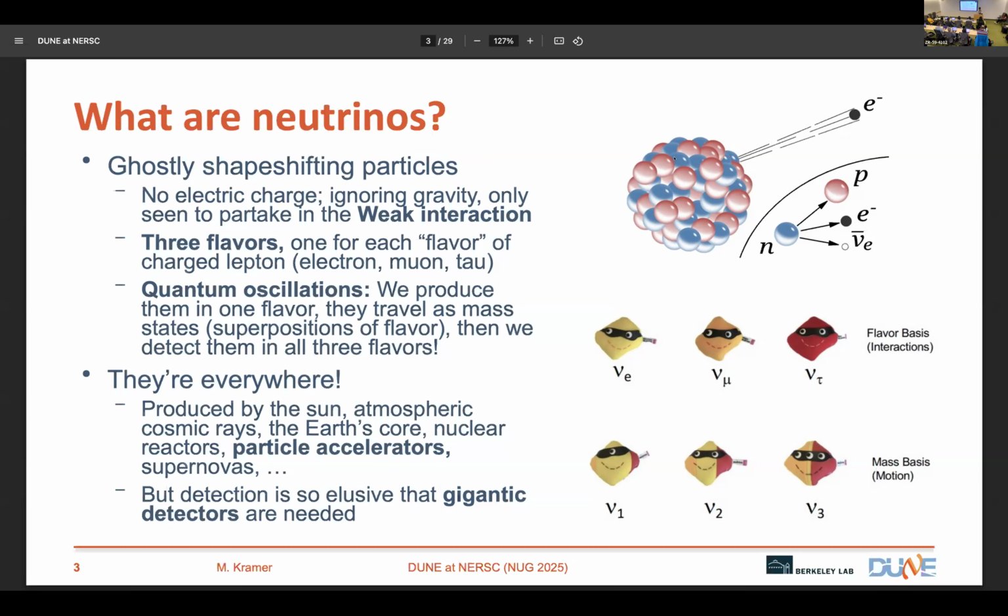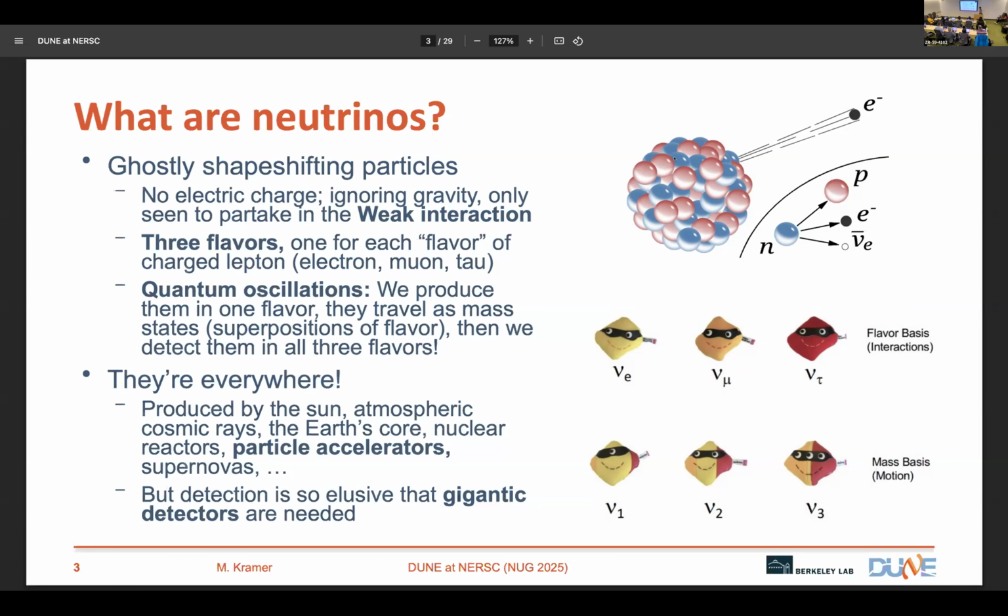And there are also two heavier siblings of the electron, the muon and the tau, and each of those have a corresponding neutrino as well. So we say that there are three so-called flavors of neutrinos, the muon, the electron, and the tau neutrino, not necessarily in that order. And the strange thing about them is that if you take, say, an electron neutrino, it turns out that it's actually a combination of a light neutrino, a slightly heavier neutrino, and an even heavier one.